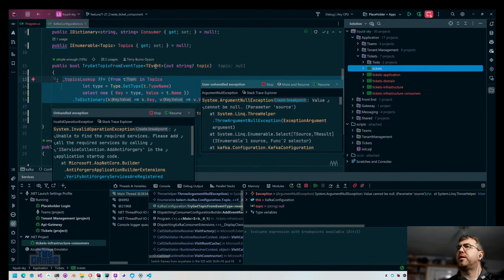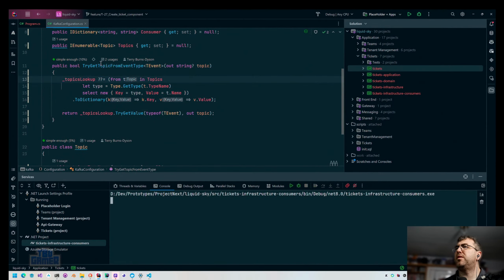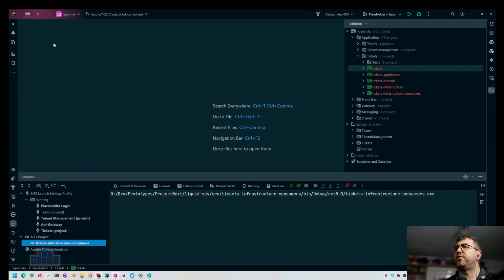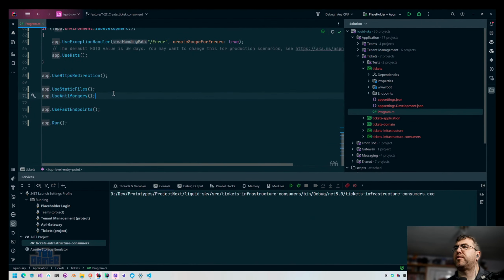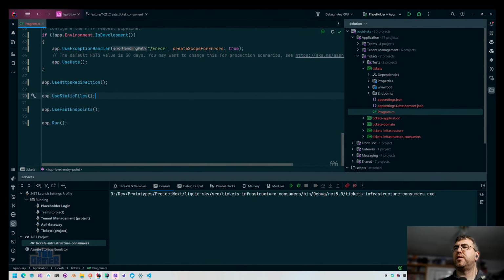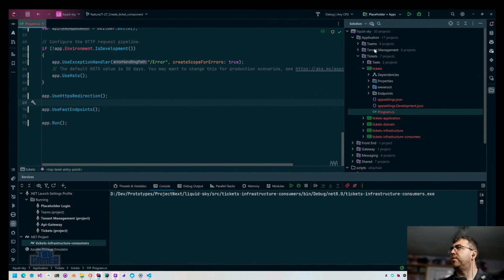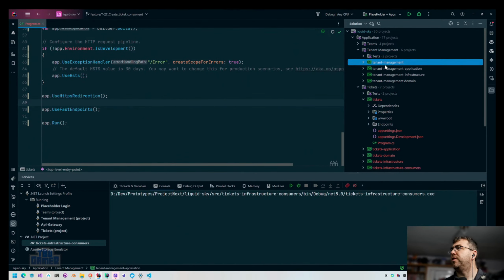Interesting. Why are you getting to... it's consuming the event. Unable to find required services. What? Those are two separate errors. Those were two separate problems. Tickets, that's because I started up as a Blazor file. I don't want that. I want to make sure that this is